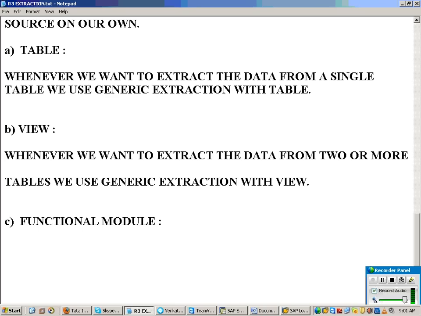So what exactly is a function module? In any programming language, you generally have something called modularization techniques, which means dividing the logic into multiple modules, and then you integrate all of those.